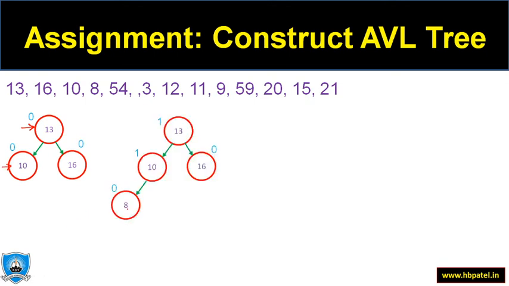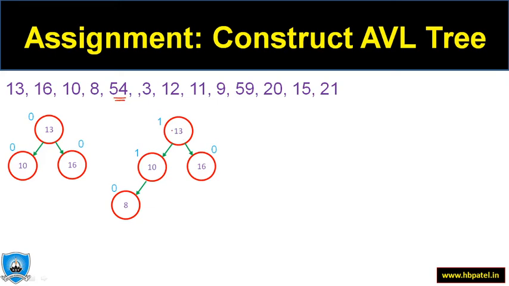So now you can see 8 is on the left hand side, and if you check now the balance factor for this 13, there are 2 children on the left hand side and 1 on the right hand side, so 2 minus 1 is 1, so no issue at all. Now next comes